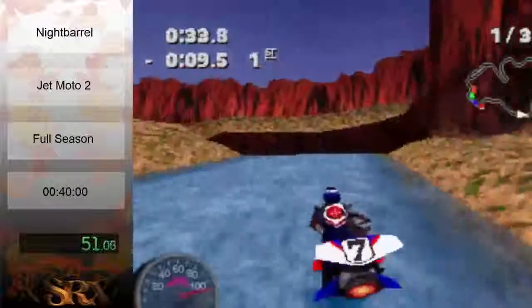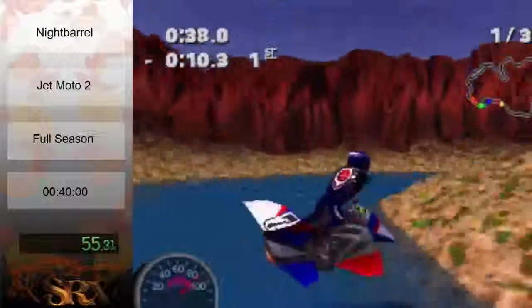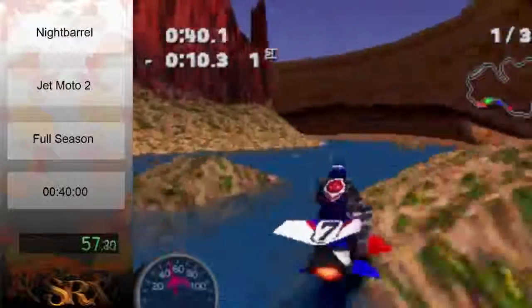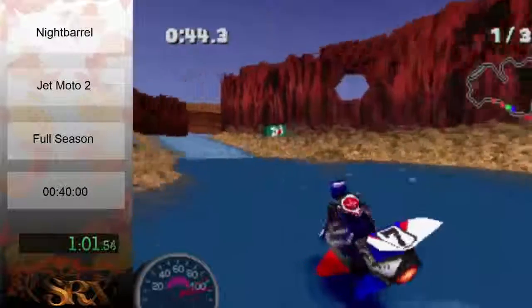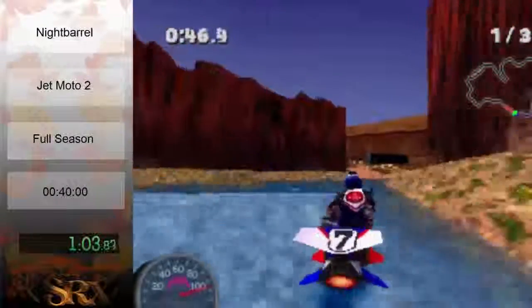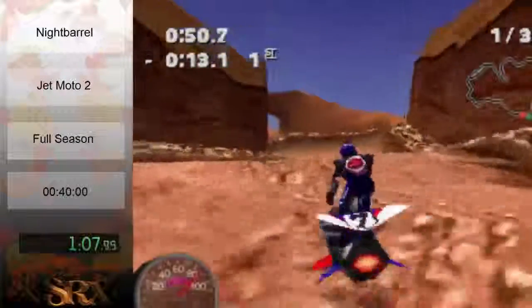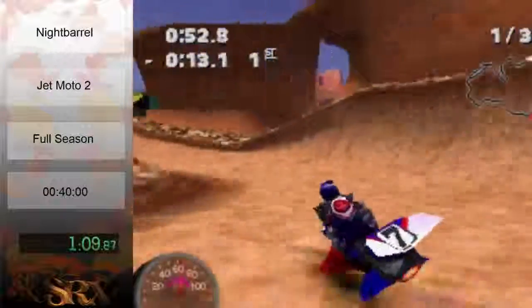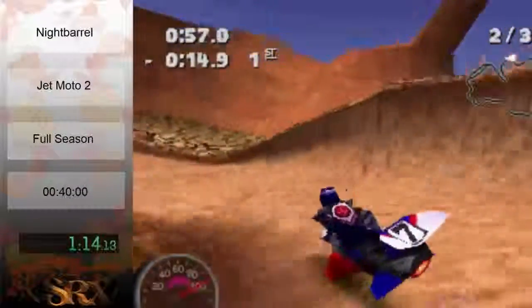Here in Moto 2, instead of having 4 set turbos per lap, we get a turbo bar, and you can use as much or as little turbo as you would like. The grapple meter is still there. You still have a limited amount of grapple to use per lap, or actually, no, it still refills over time. But here in this game,